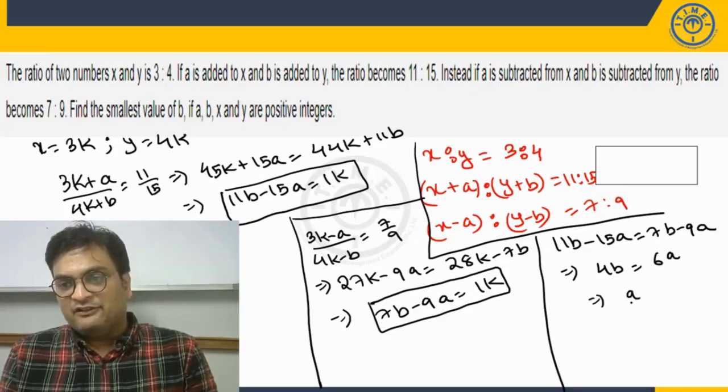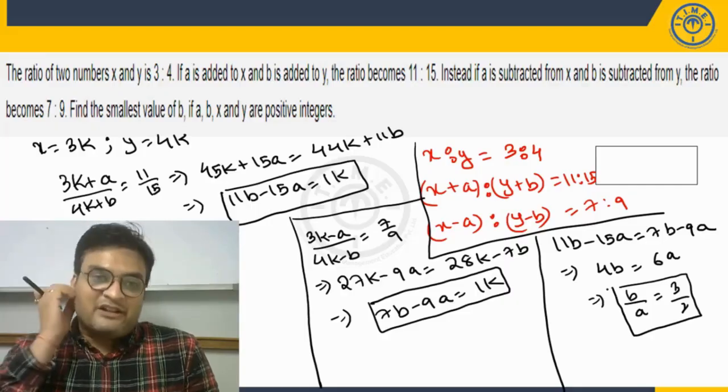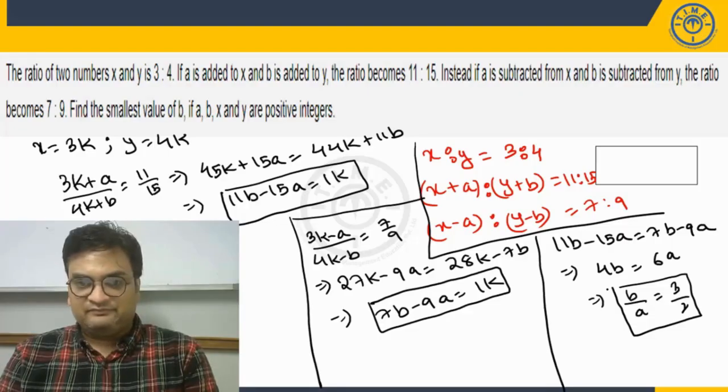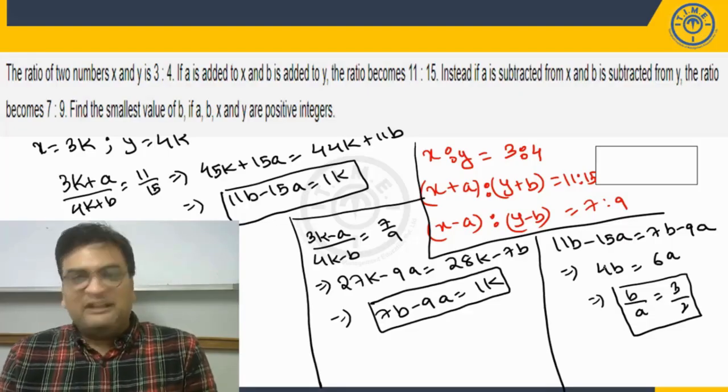So that means I'll get the value of a by b, or rather b by a. We can take it either way. It will be 6 by 4, which is 3 to 2. So a and b ratio is also now known, right? It is 3 to 2. Okay. So that means